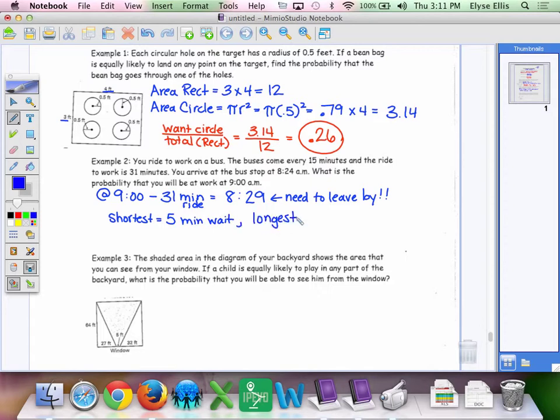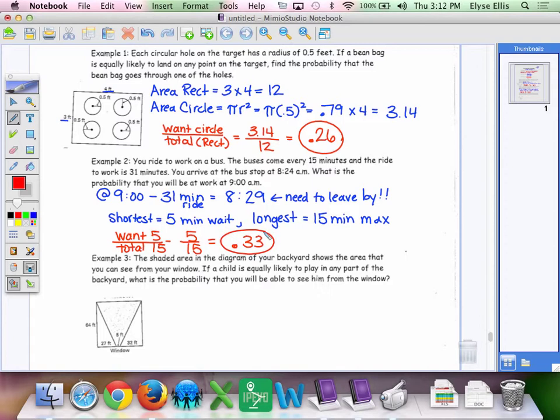Or the longest we may have to wait, if we just missed the bus, we have to wait the entire route for it to come back. So we could have to wait a 15-minute maximum. Our desirable situation here would really be that 5-minute wait, but the total could be a 15-minute wait. So we've got 5 over 15, and when you divide, that is